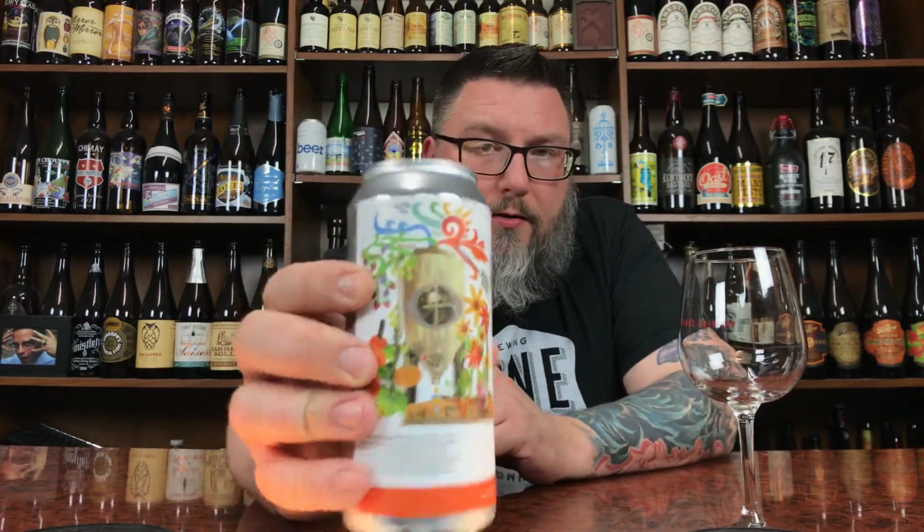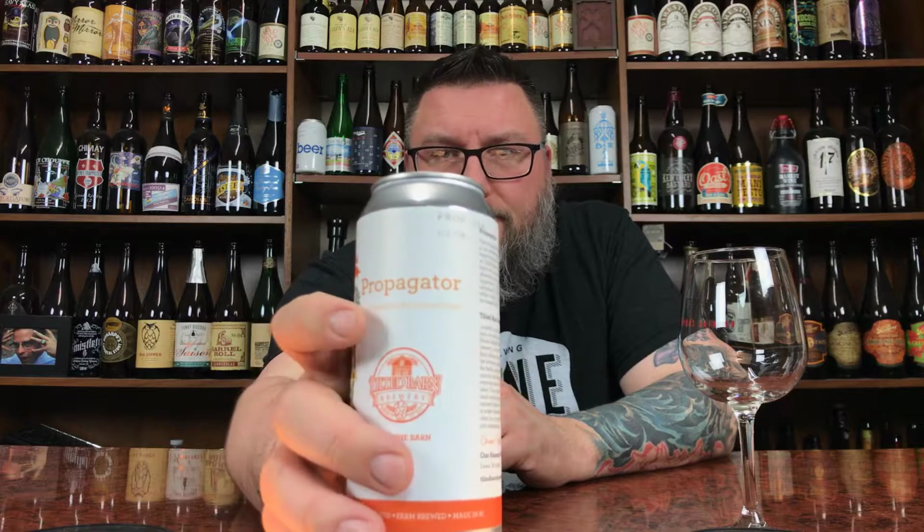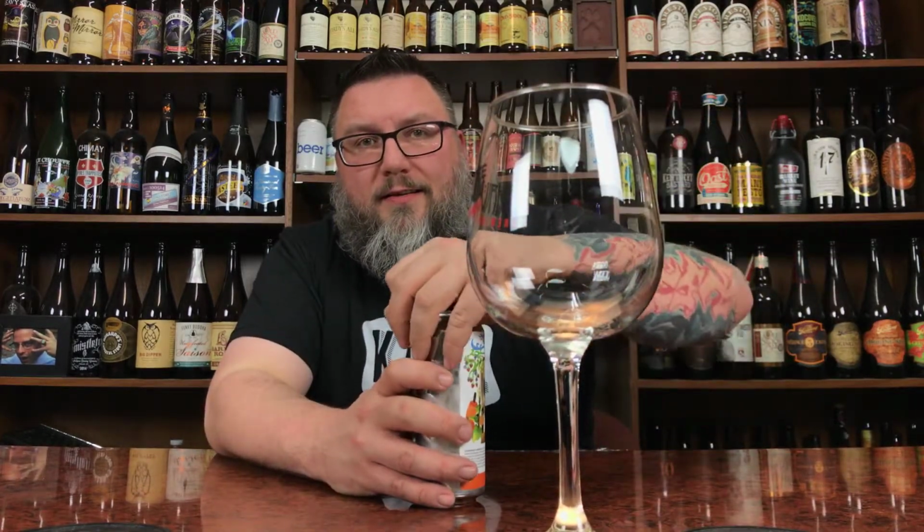Done and done. A kind of folksy art on there. A little tank, a little bit of flowers, a little bit of drippage, a little bit of carrots. There's beets there, squash, a pumpkin, all kinds of stuff. Full-on hearty stuff. Kind of dig it. Dig the cans. Yada yada. Done. Let's give this